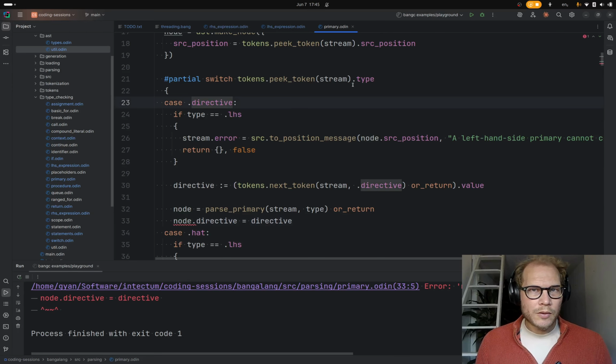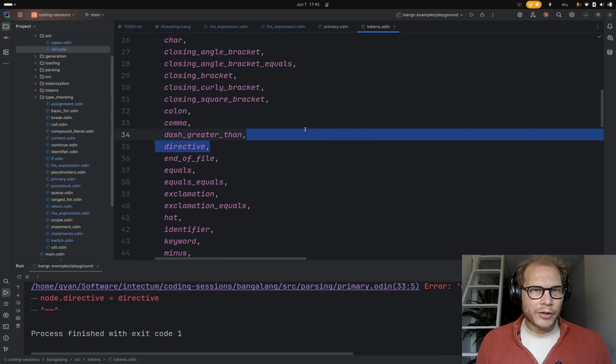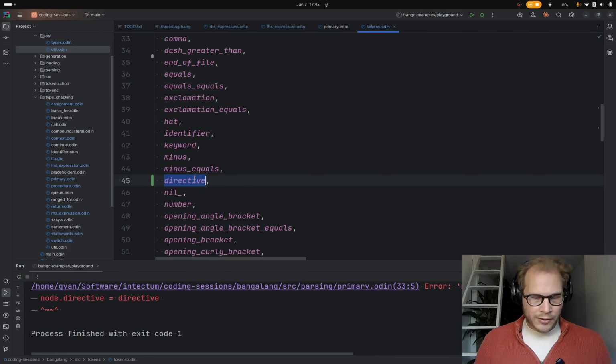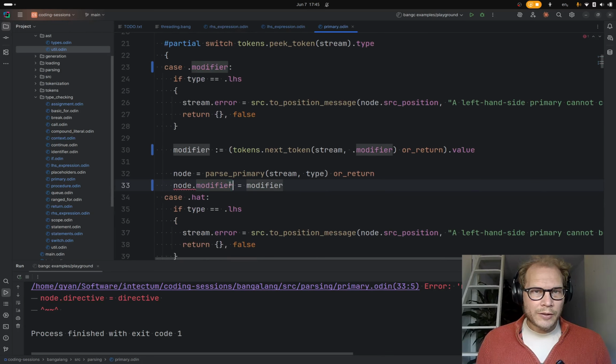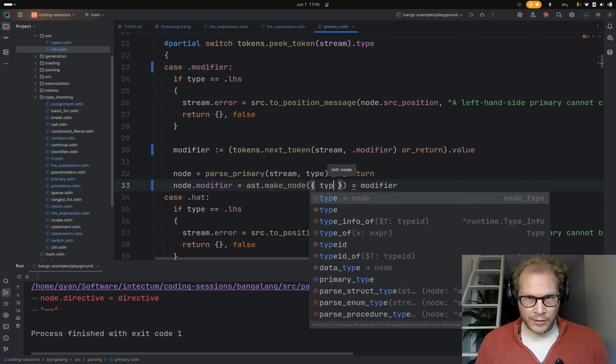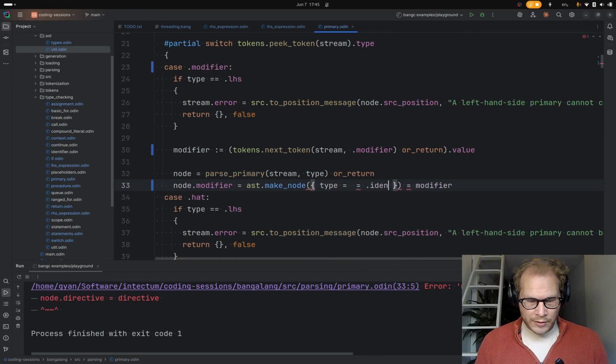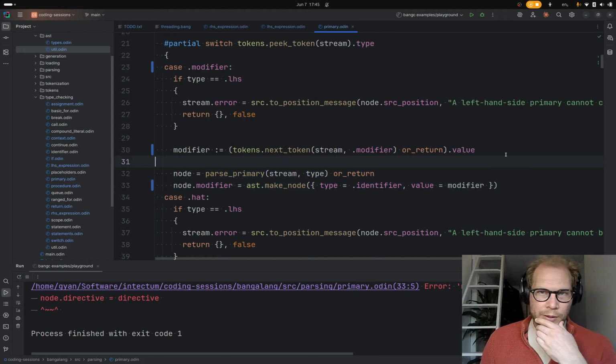So we should change this token type to be modifier. And I guess this needs to be make node now. And what is it? Value equals modifier. There we go. So we're applying the modifier to this newly created node.